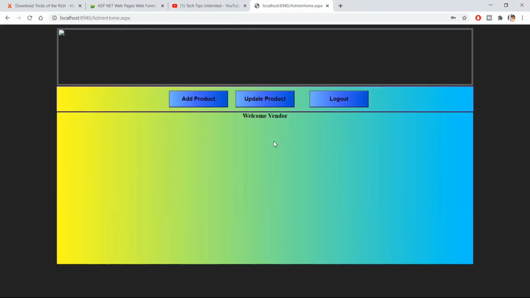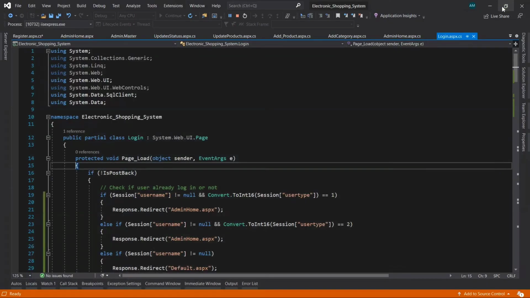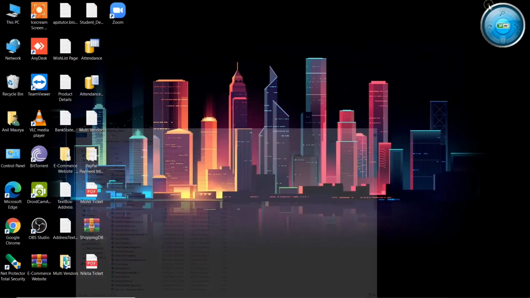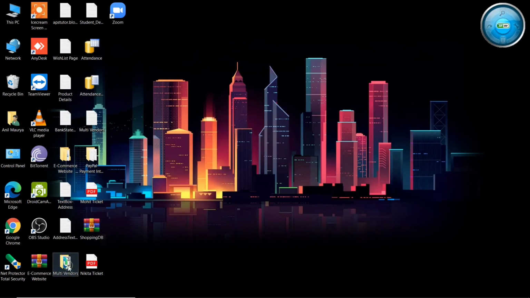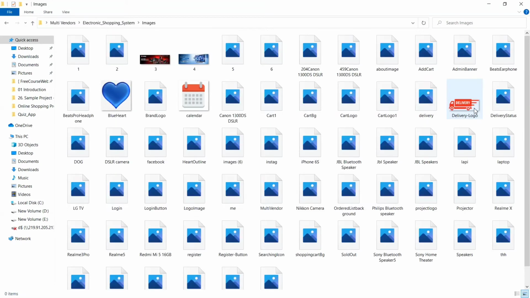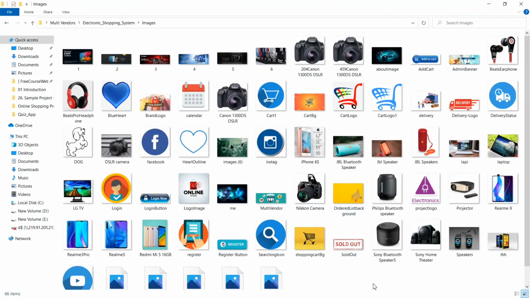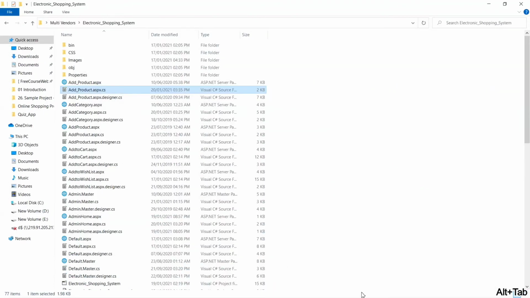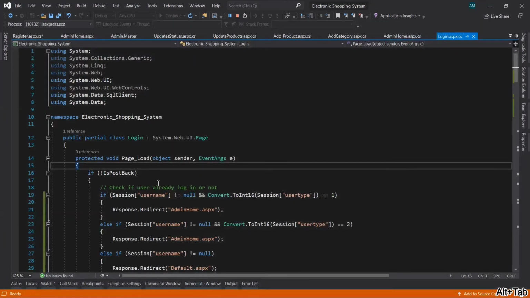Now he has been redirected to this new page, but we don't have this image. Let me add that image first. Let's check what the name of the image is that we have used.